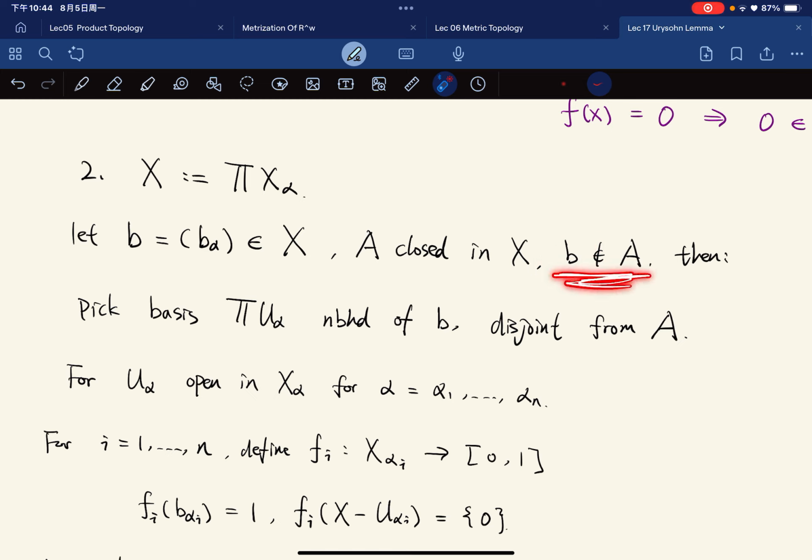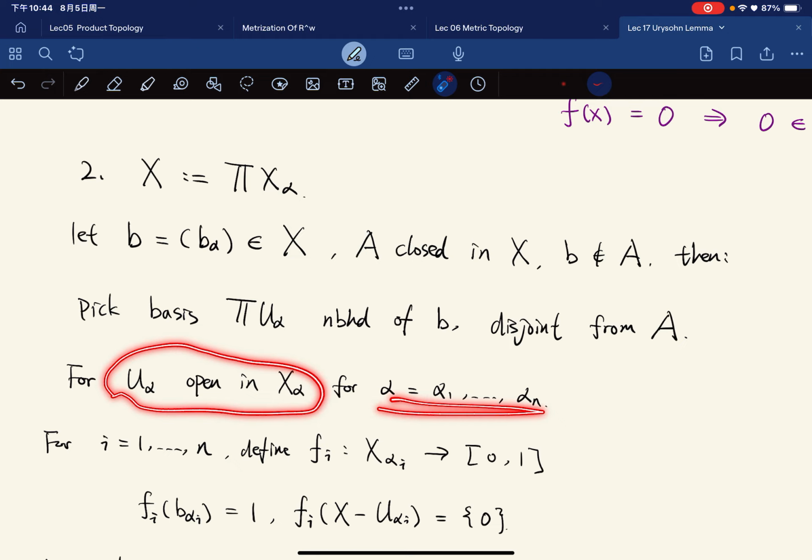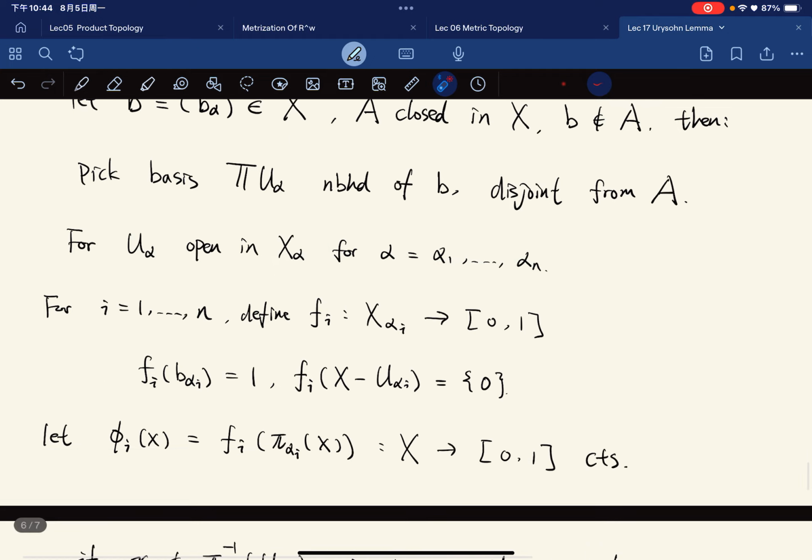Then you're in some open set, right? Then you can pick a basis element that is disjoint from A. So for this product of U alphas, only finitely many of the U alpha are open in X alpha. For each of them, we can apply the completely regular property of each of the spaces. So for i equal to 1 to n, we define f_i as the function from X alpha i such that